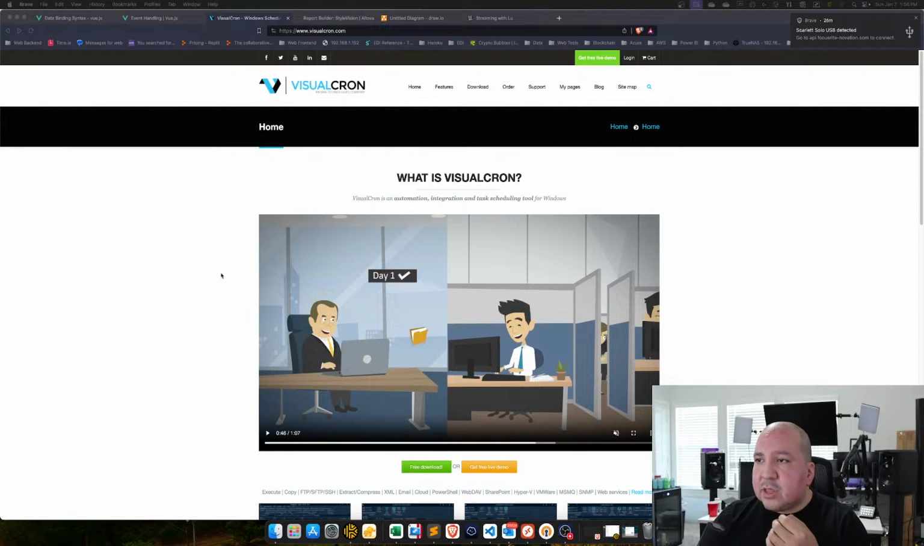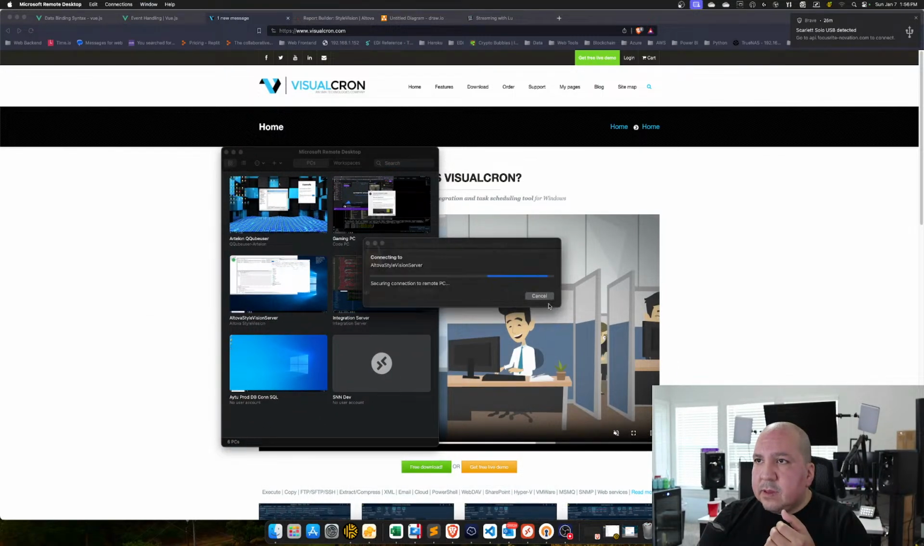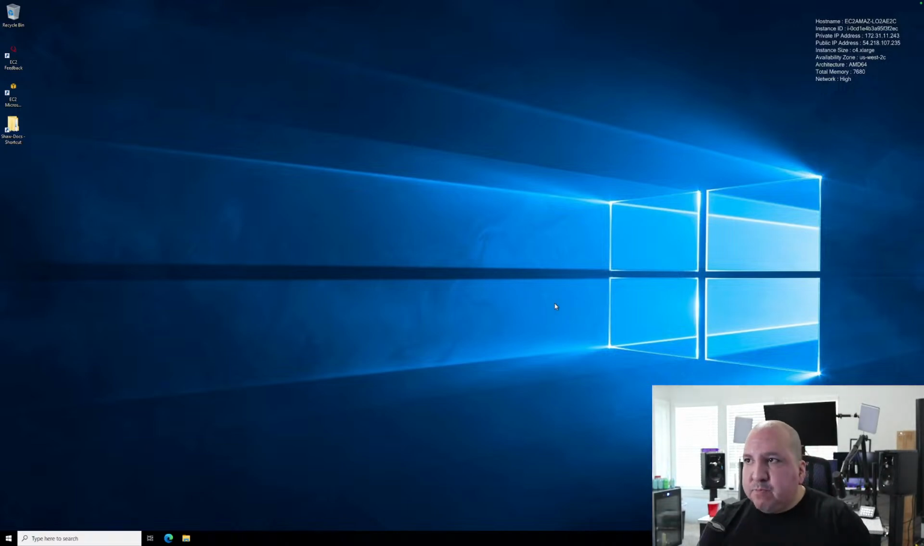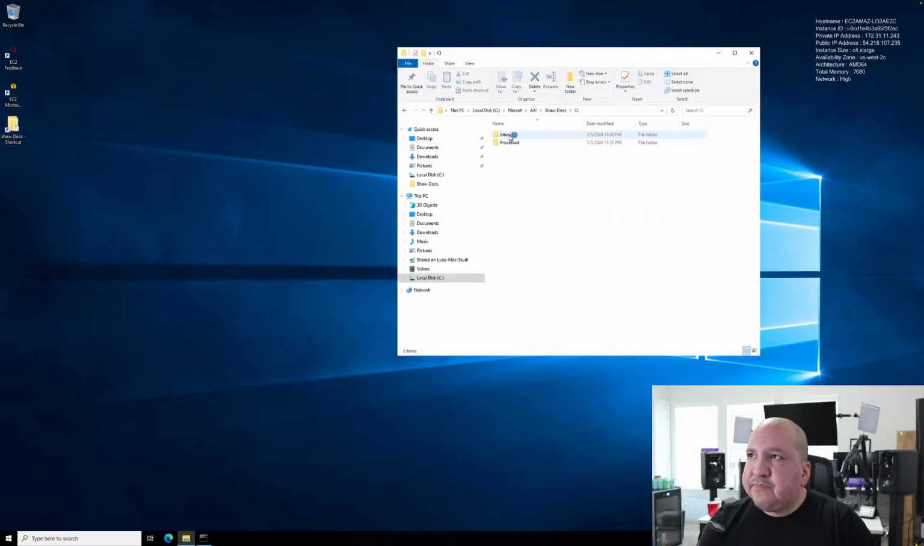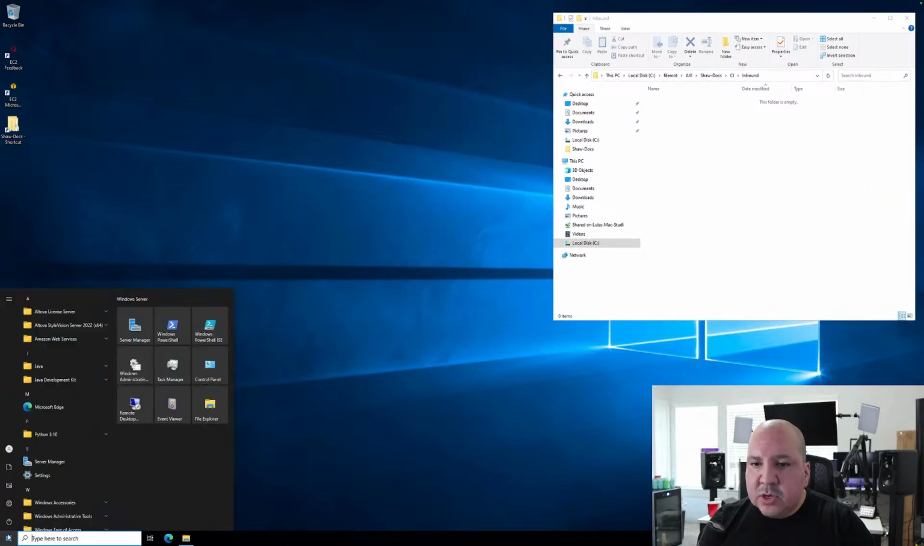I was talking about the software that I use. Let me see if it's good now. I'm going to connect back to the server. So I have these jobs, and this is where I could tell this inbound folder. See how it's empty? So pretty much what I want to end up doing here is,